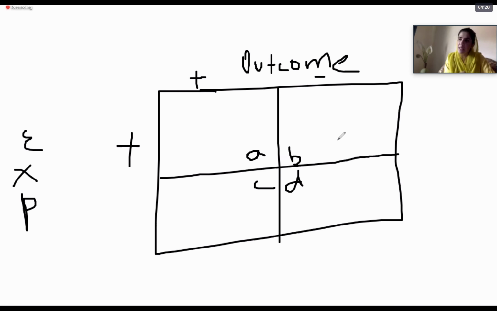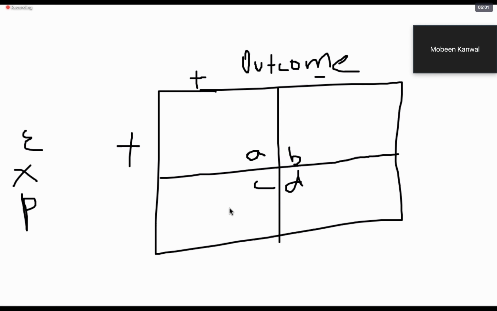The example that we discussed last time was that not all smokers are going to develop CLD. Is there anybody who is smoking who is definitely going to develop CLD? No, ma'am. There might be a few who are smokers, or even chain smokers, but they might not be suffering from any of the ill effects of smoking. So this means that anybody who is exposed to a particular risk factor might develop that particular outcome, or might not develop it.